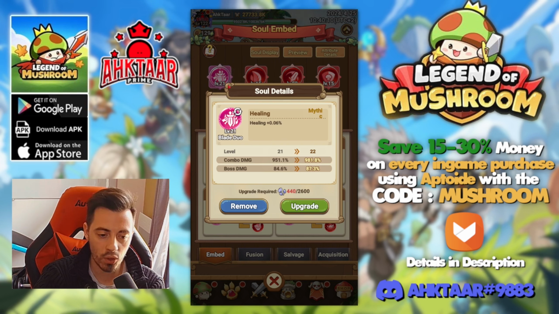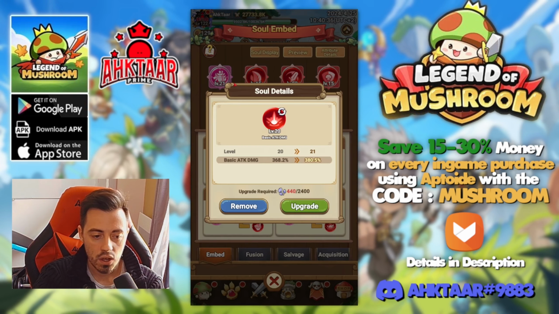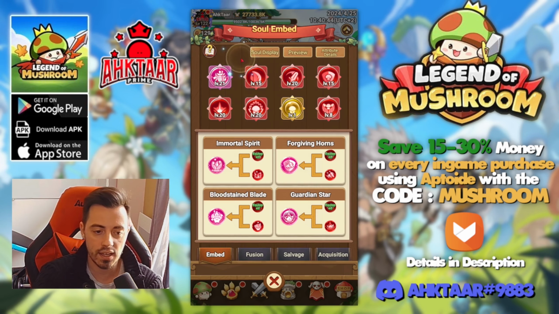I have only 1 immortal, and this is the one for my class, increasing my combo damage, and I have a lot of boss damage as well. So if you wonder how I get that much damage on bosses, this is mostly because I have that immortal soul. I have a red HP one, a red attack, a red defense, red basic attack, red crit damage, a yellow counter, but I don't care about that for my class, and a red crit resistance,